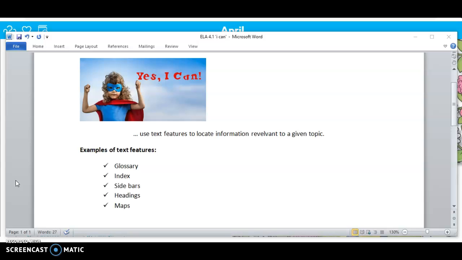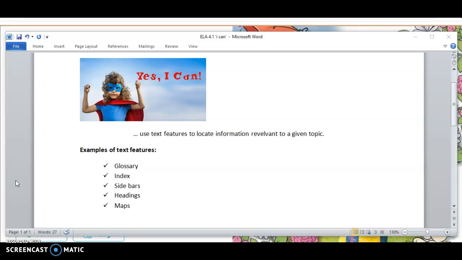By the end of today's lesson, you will be able to say, yes, I can use text features to locate information relevant to a given topic. And I just wanted to remind you that some examples of text features are glossaries, index page, sidebar, headings, maps. There are many more that you can see throughout, but these are just some that you will see in our